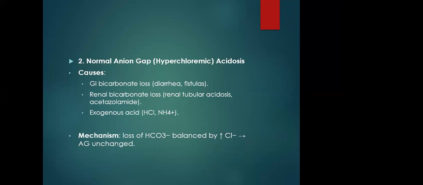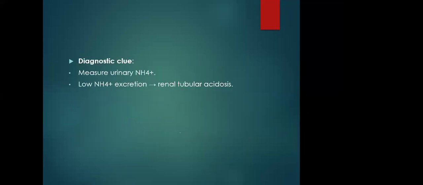The mechanism is that you lose bicarbonate, and then bicarbonate is balanced by increased chloride, so the anion gap is unchanged. So you lose bicarb, you absorb chloride, then the anion gap stays the same. As a diagnostic clue, measure urinary ammonium, which we do in most of the centers here. When you have low ammonium excretion, that might indicate that this patient has a renal